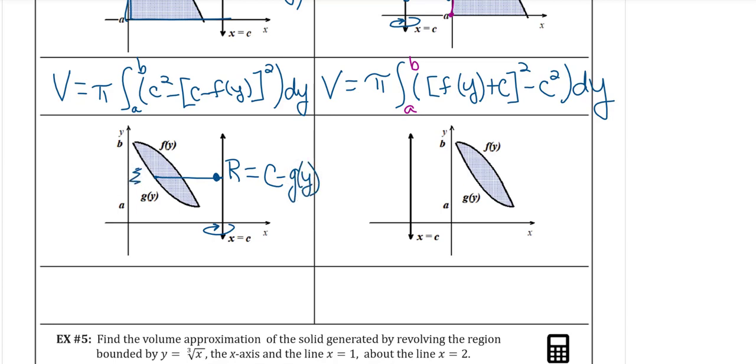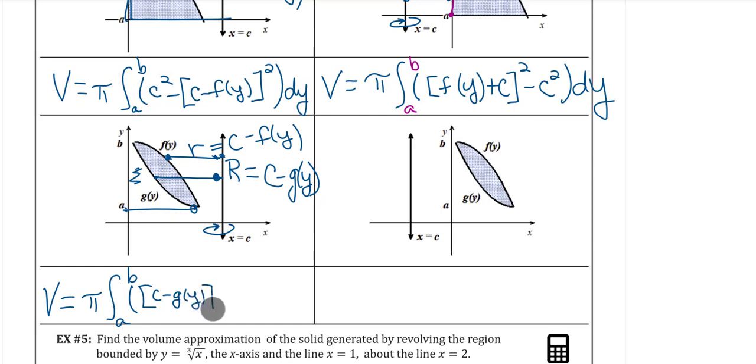And then our smaller radius is going to be from the curve that's closer to the axis, which stops at f of y. So little r is going to be c minus f of y. Okay, so our volume will look very similar to the other ones. So we're going to go from A to B, and you can see here that we aren't going from 0. A is not 0 in this picture, and it's going to be c minus g of y squared, for our radius squared, minus c minus f of y